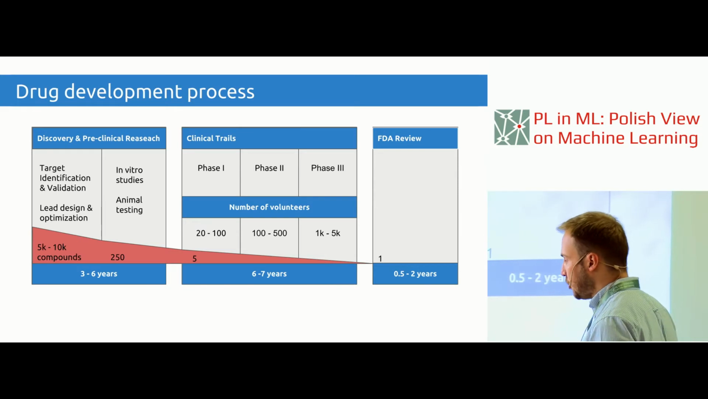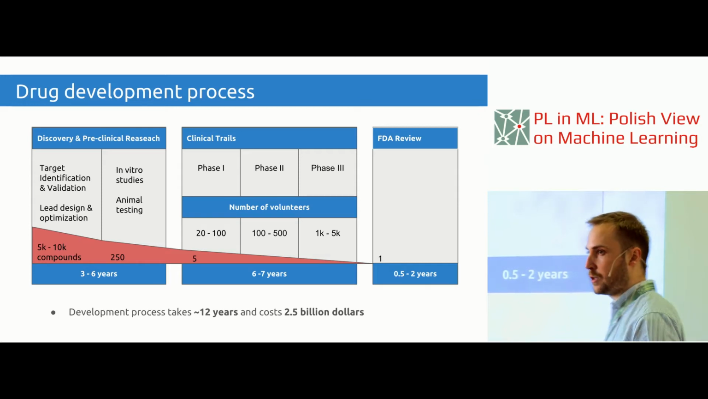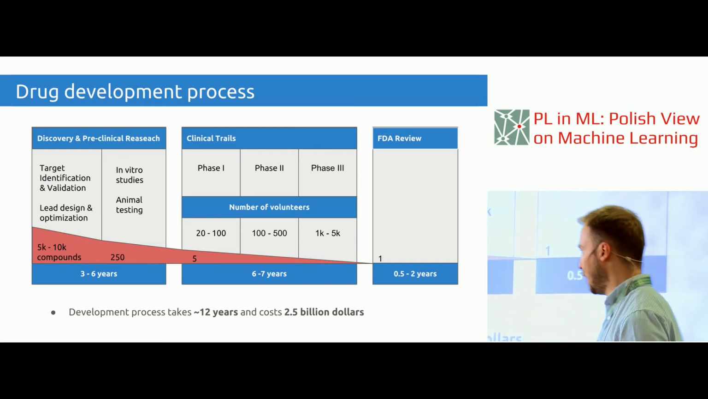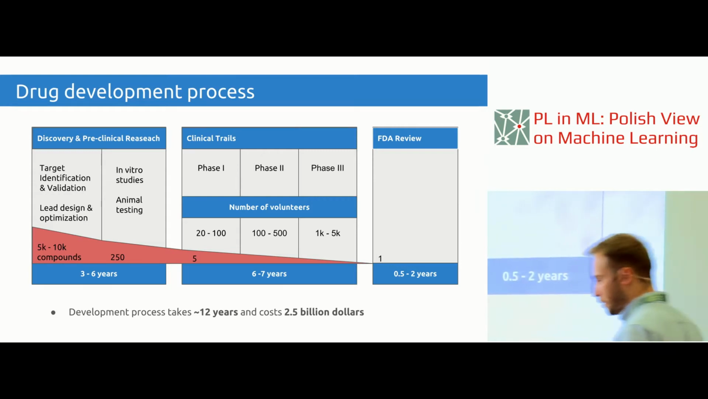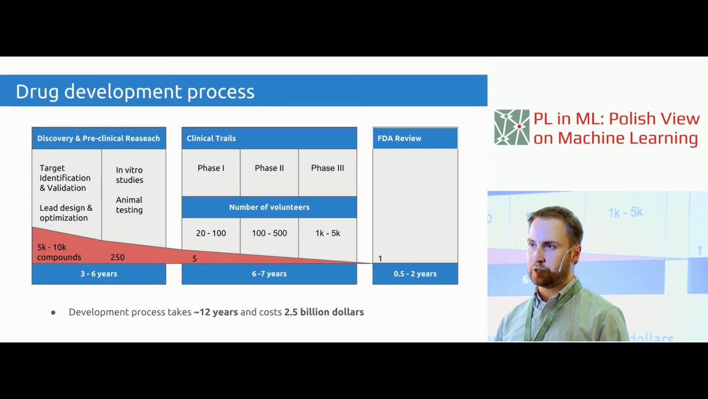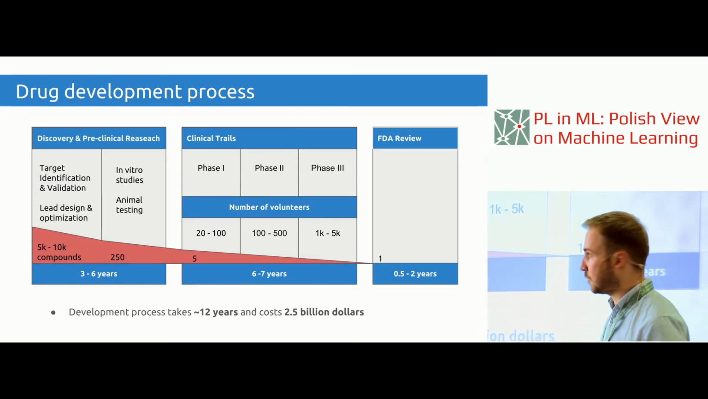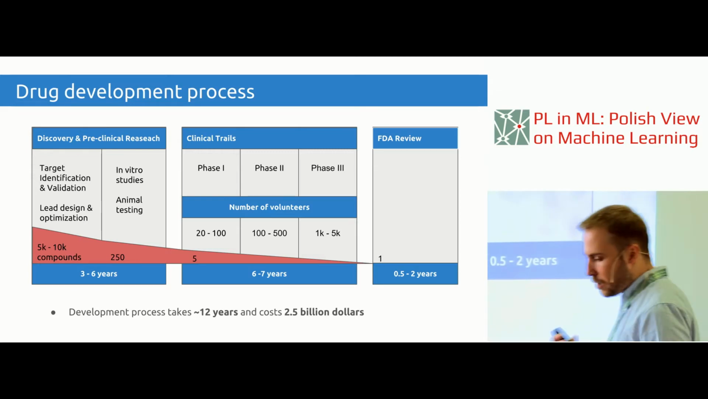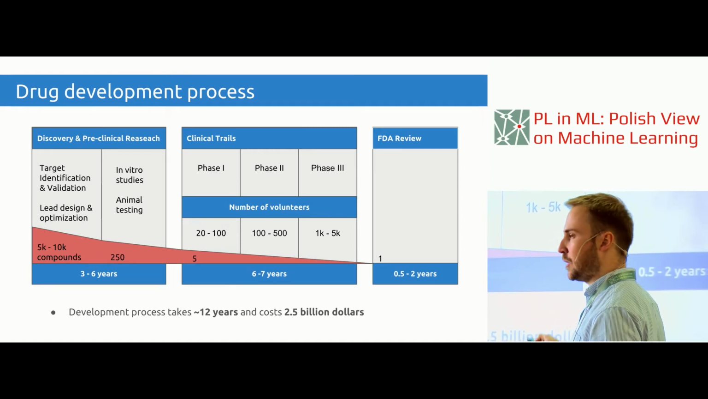What is worth mentioning is that the whole development process is very long. It takes on average about 12 years and is extremely expensive. The average cost is about $2.5 billion. So I think that this is a good motivation to look for a method that can speed up this process and, of course, reduce costs. And basically, right now where most of machine learning research is being done is only this first stage, so the stage of